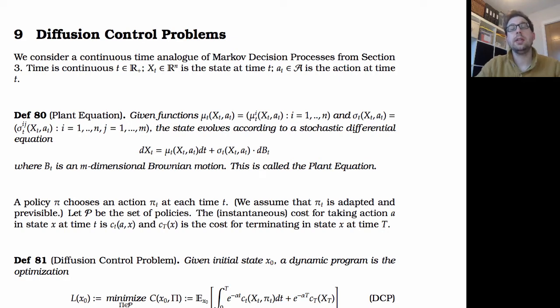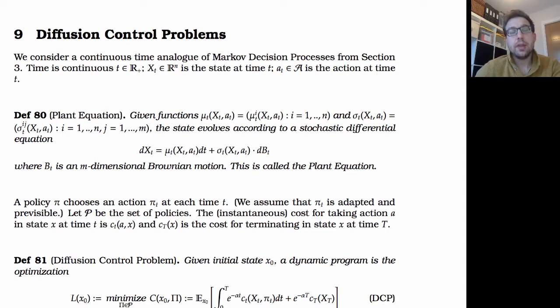Okay, and just as we were able to derive a continuous dynamic program as the limit we get from a Taylor approximation to a discrete time dynamic program, we want to do the same with a diffusion control problem. We want to essentially look at a Markov decision process as an approximation of a diffusion control problem and look how we can derive things like the Hamilton-Jacobi-Bellman equation from the Bellman equation for the Markov decision process.